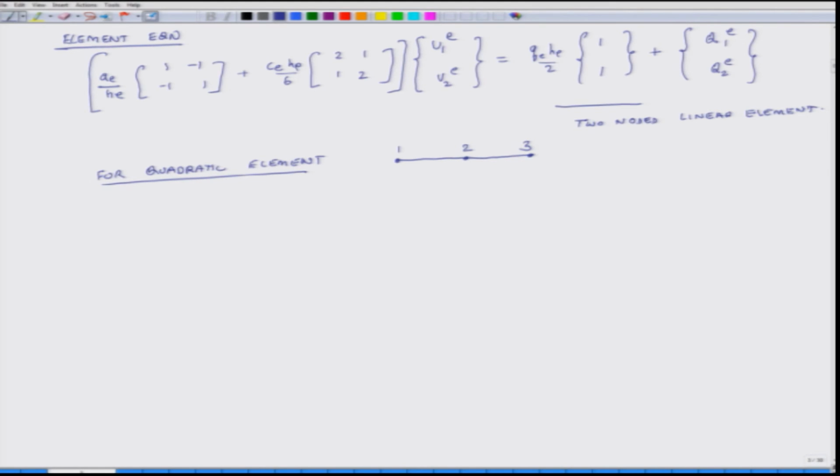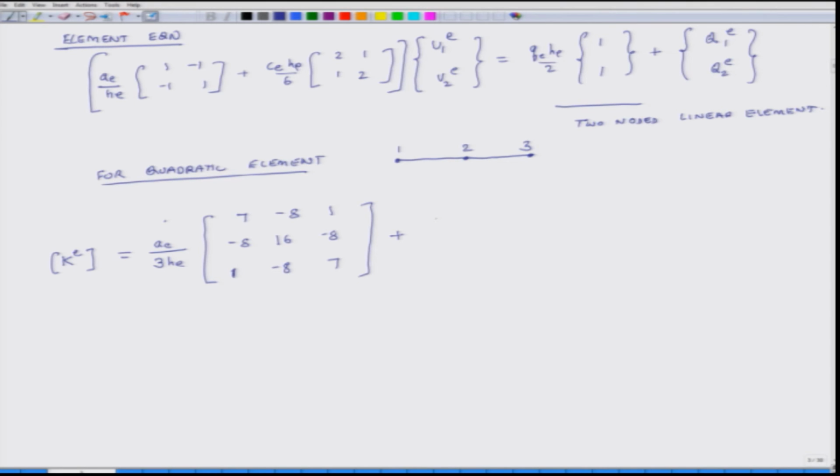And if I assume that node 2 is located at the halfway mark over the length of the element, then my K matrix, actually I have to put a superscript, is equal to AE over 3 HE [7, minus 8, 1; minus 8, 16, minus 8; 1, minus 8, 7]